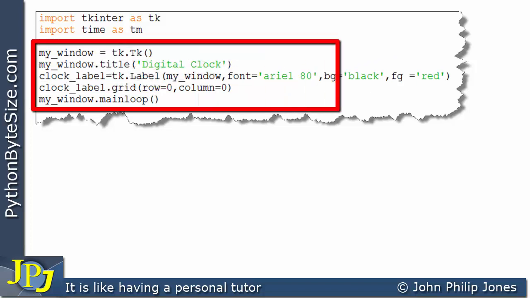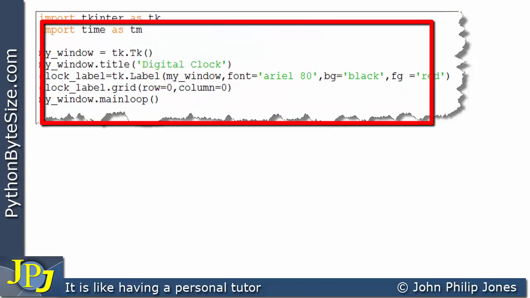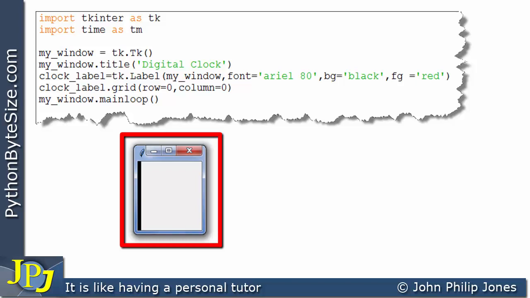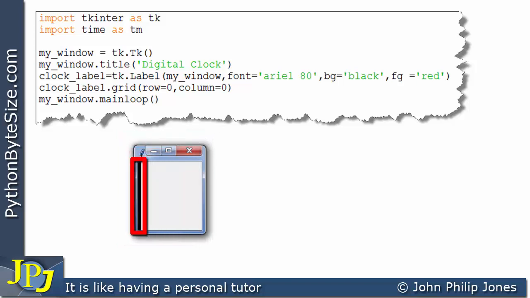So if I look at this program when it executes, we will see the following. And there's no current time there because I've not read it and I've not attempted to display it. But what you can see here is a black line. Now that is actually the label, and it's this height because we have got the font being rather big. So it's saying, well, I'm the right height to receive an Arial size 80 font. But it doesn't go in this direction, it's thin, because there has been no attempt to assign any text to